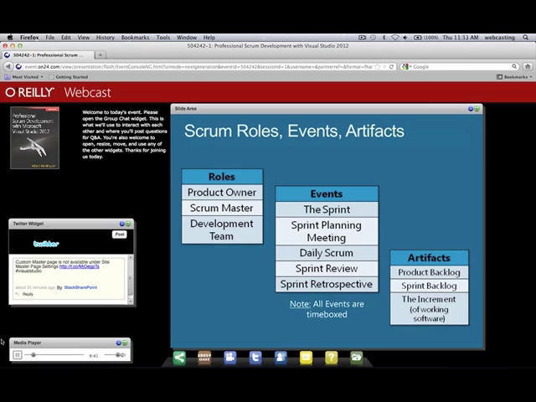Sprints longer than 30 days are really going back to the old way of doing things, which is let's go and work and not really surface for some time, and maybe not collaborate with people either. So we try to recommend somewhere in the 1 to 3 week range as a good length of a sprint.